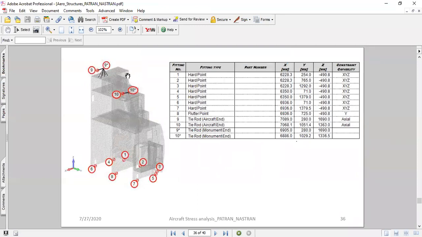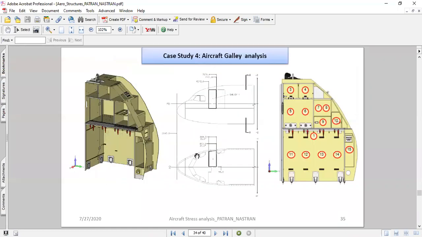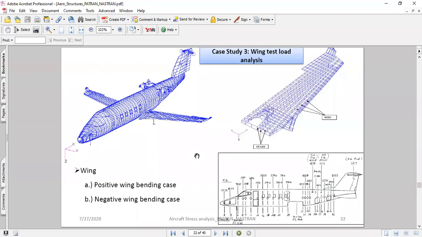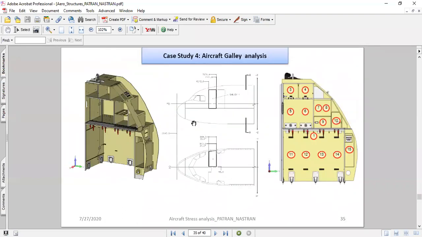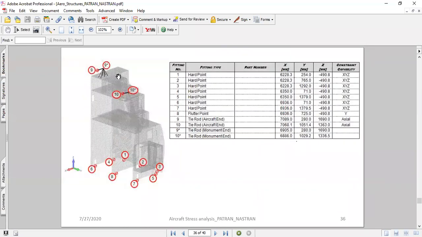I used 2D shell elements, quadrilateral elements, and usually the composite structure. Whenever it is a composite, for example, even for the previous studies where we used carbon fiber composite, we were using the MAT8 card, which is the 2D orthotropic material. So over here also it's the same. We were using the 2D orthotropic material.